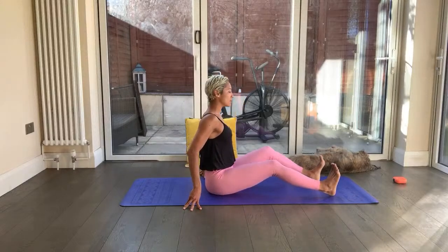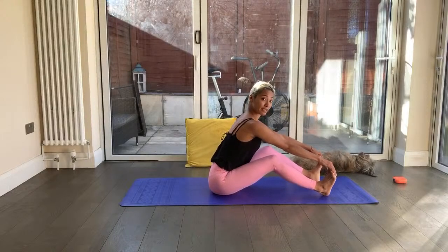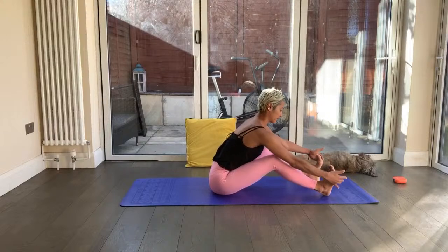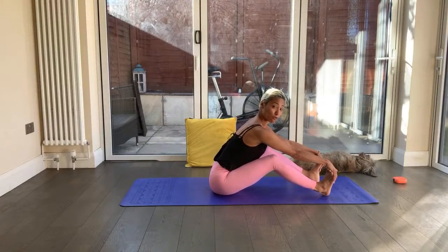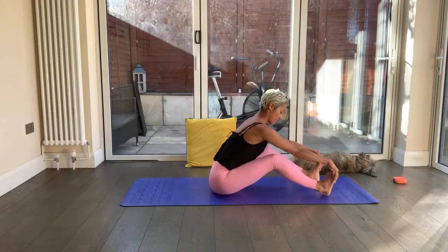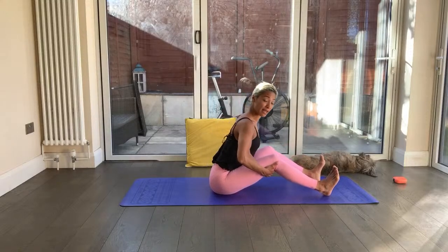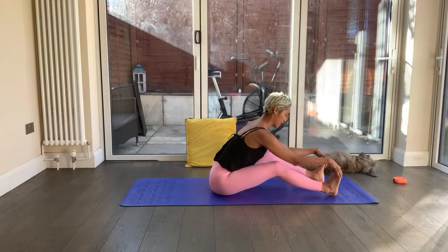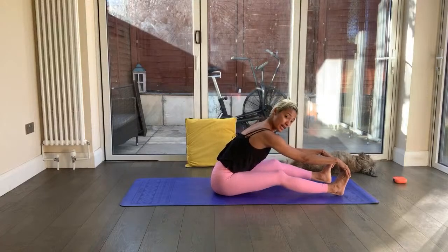Bend both knees and take yourself up and over with knees bent, okay, breathing here, both knees bent. You can either grab the outside of your feet or right up and over, okay, or you can grab onto your shins or the back of your knees and bring yourself forward as well. Okay, slowly, very slowly start lengthening your legs out, straight in front of you, breathing here, and just bend one